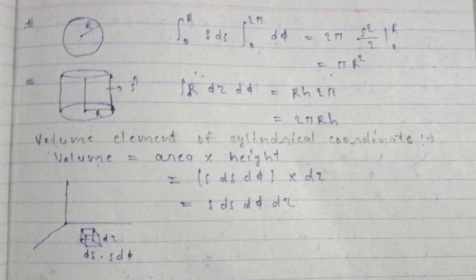This area we just saw is nothing but ds times s d phi. So s ds d phi, and height for this volume element is going to be dz. So I can just multiply by dz. That is the volume element. You can make other areas and find that this is